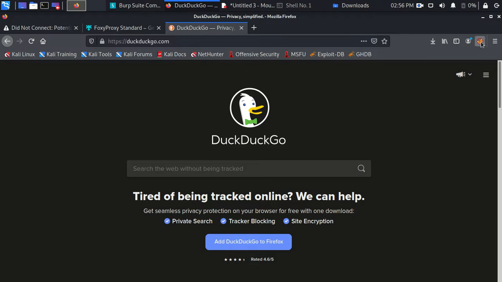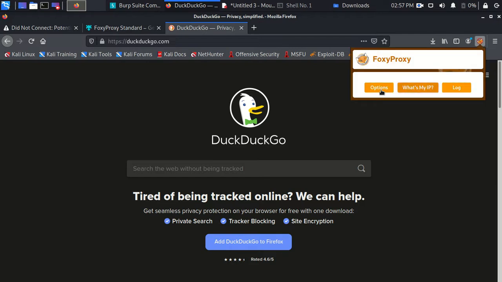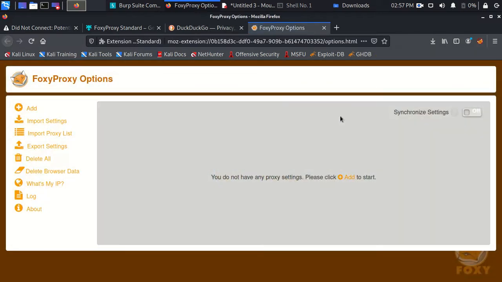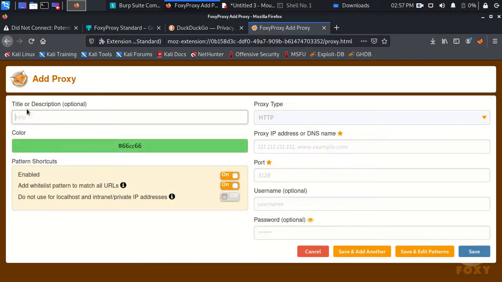This is the Foxy Proxy icon. Just click on it and go to the options. Right here, you need to add the title, Burp Suite. Of course, HTTP proxy and the IP for your proxy.